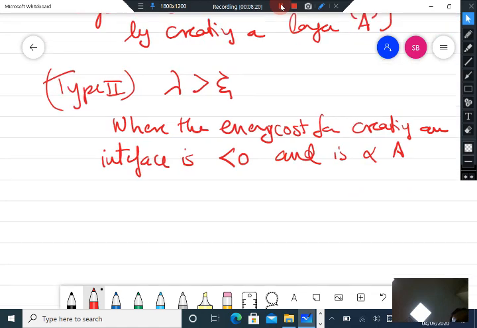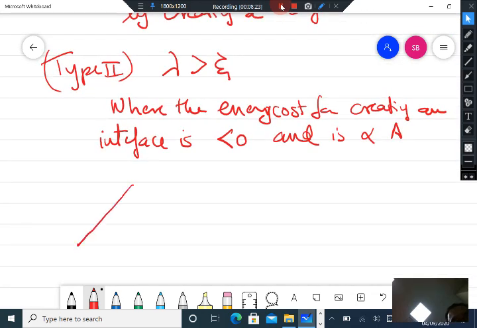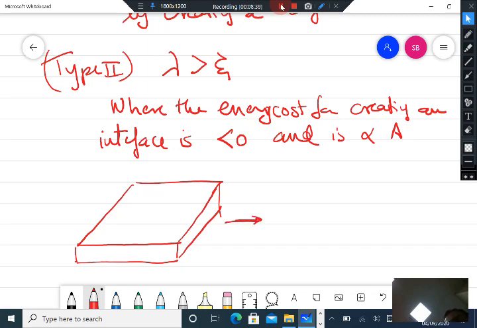Now if this is your superconductor, the surface area between normal and superconducting regions cannot be increased just as it is, because you just have the boundary. So how do you increase the surface area between normal and superconducting regions? The surface area is increased in type 2 superconductors by the superconductor breaking up into